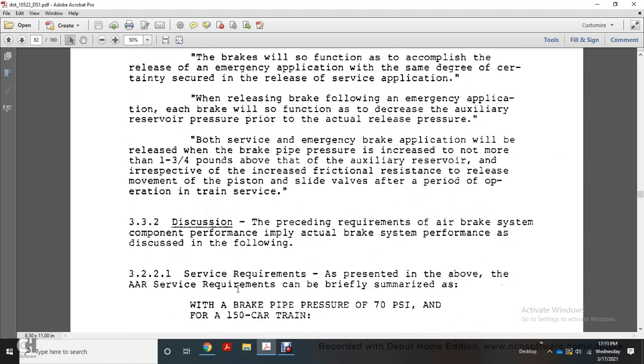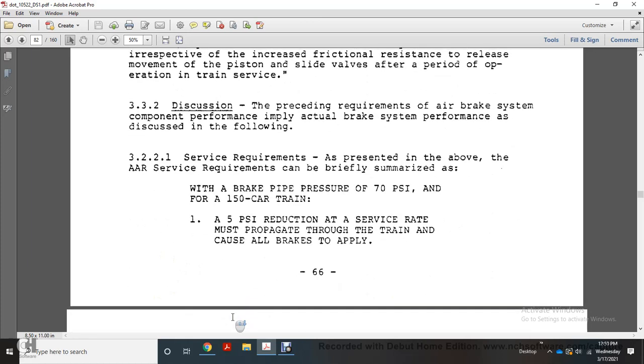3.3.2 discusses the preceding requirements of the air brakes and component performance, and how they imply the actual brake system performance discussed in the following. 3.3.2.1 Service. The requirements presented above are briefly summarized as follows: with a brake pipe pressure of 70 psi and for a 150 car train, a 5 psi reduction service rate